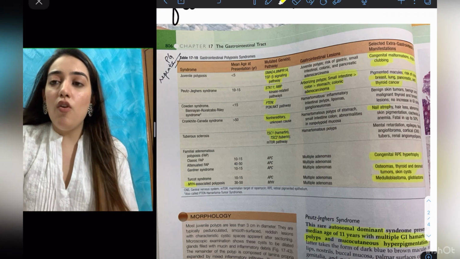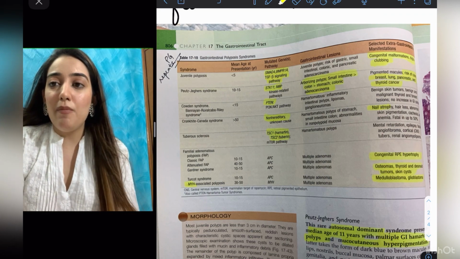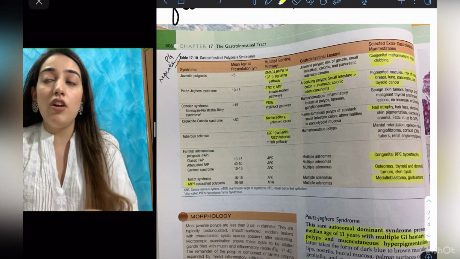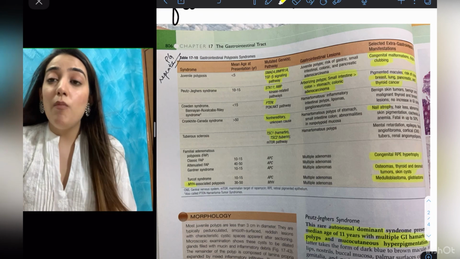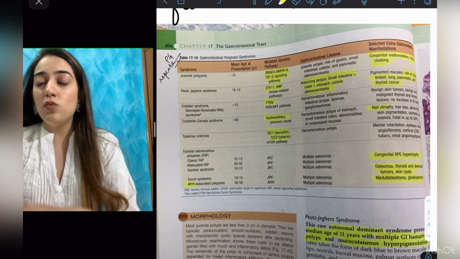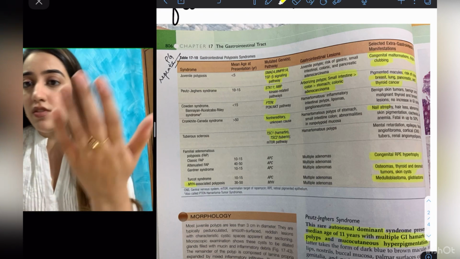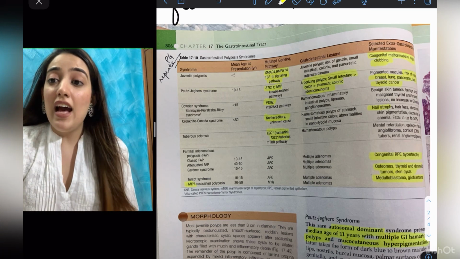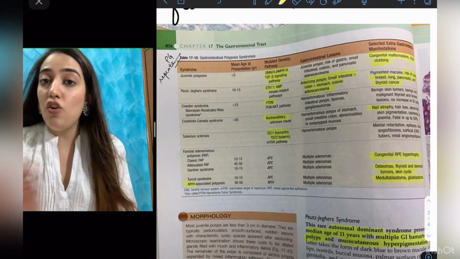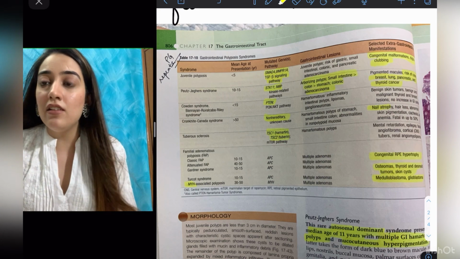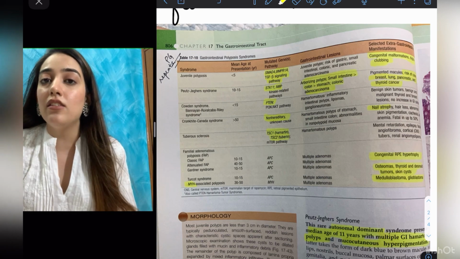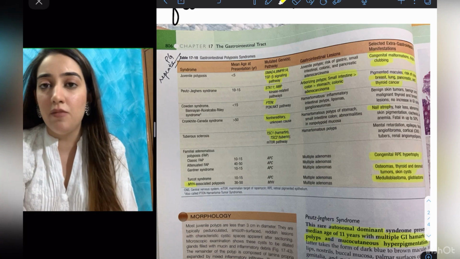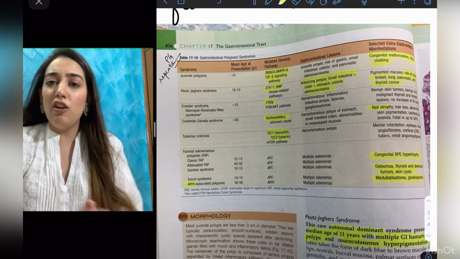So if you go on to study this paragraph by paragraph from Robbins, it will take you a whole day and still you might not gather a lot of information from it. But if you study the same from this one table, you get done with almost 6 to 7 syndromes in one glance. And this exact table is asked in all the competitive exams, be it the pathways that are mutated, the symptoms, and all the clinical vignettes are formed from these symptoms and lesions given, along with the image-based questions